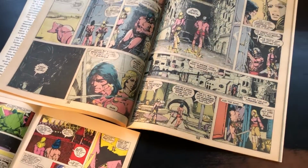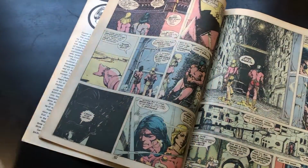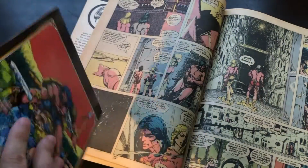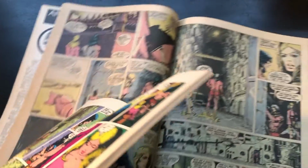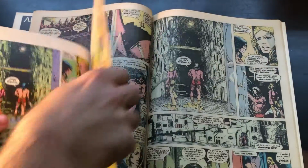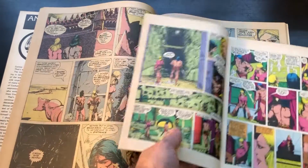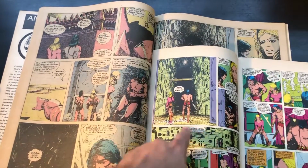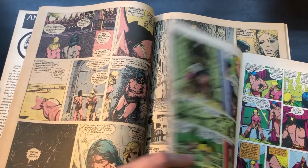So, Barry Smith is known to have colored this version. And yet this version, and then this version, I guess because they've resized it, I don't know if that has anything to do with it, or if because they were printing it on different paper, they needed to do a new color job. In any case, those greens stand out a little more in this version. And also,